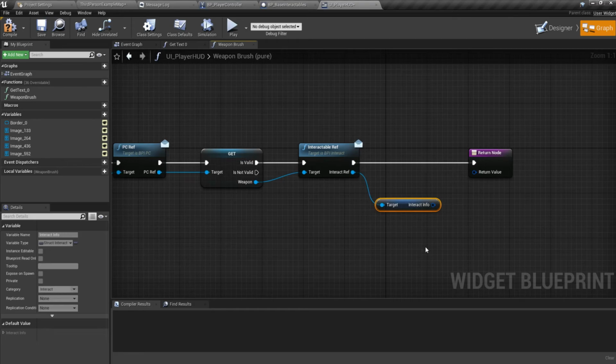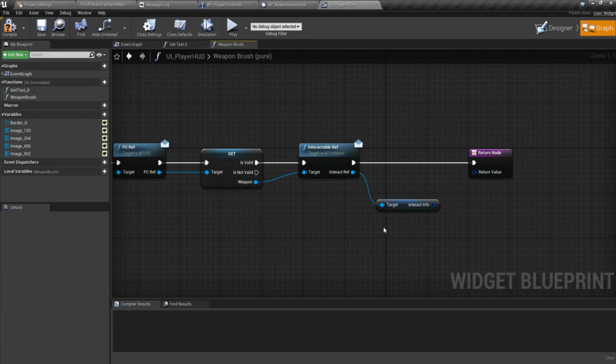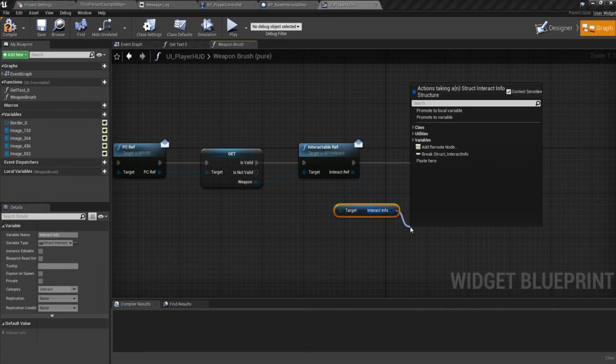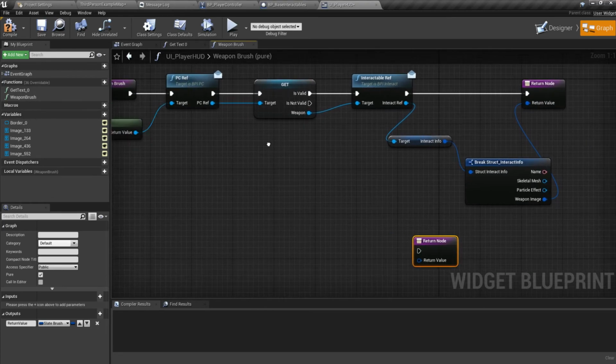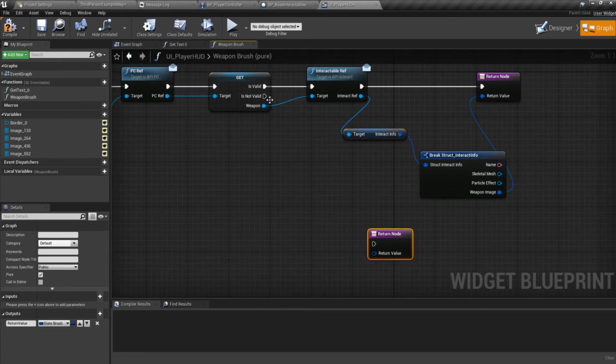Yeah, so we make sure our interact info is okay, then we need to break our interact info, and then the weapon image goes into over there, and if it is not valid at all,